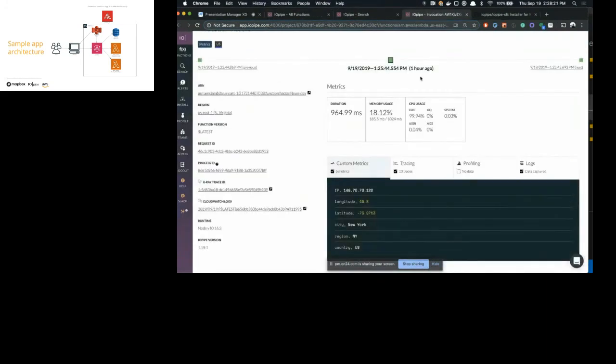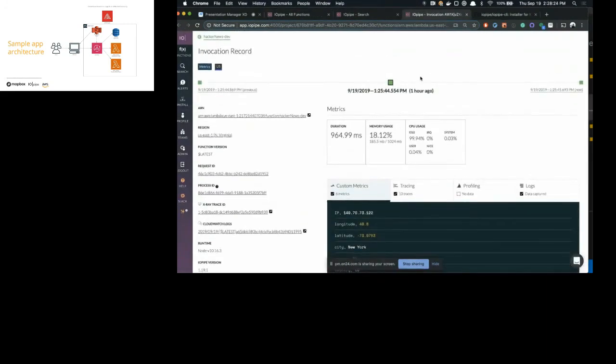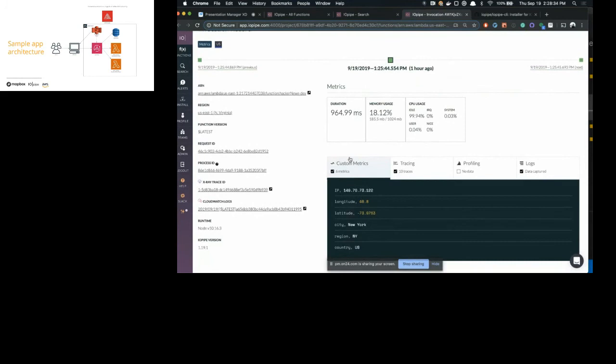So this is the lowest level in IOpipe. It's an invocation record of an actual invocation that ran an hour ago from my function that was responsible for getting the Hacker News posts. So I can see on this custom metrics tab all those metrics that we were showing before in the previous Lambda function. By doing context.iopipe.metric and then a key and a string or integer value, I'm able to see this data showing up in my invocation data.